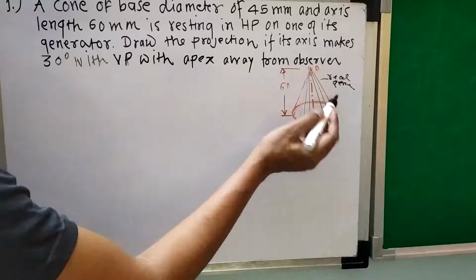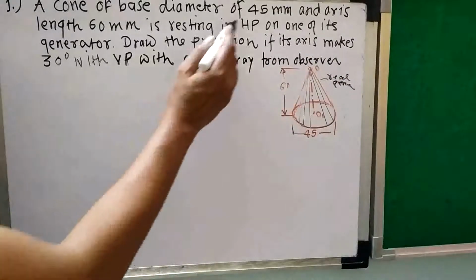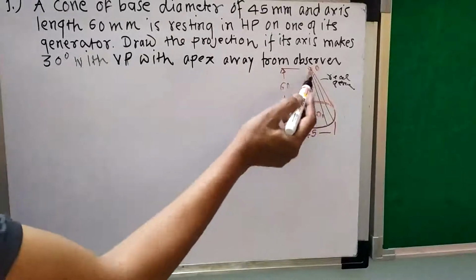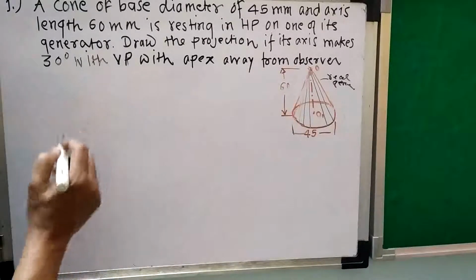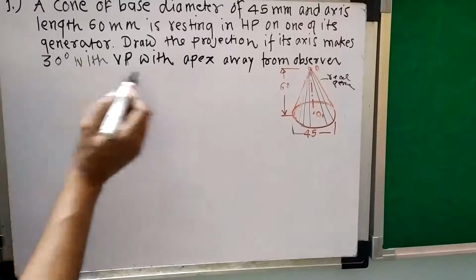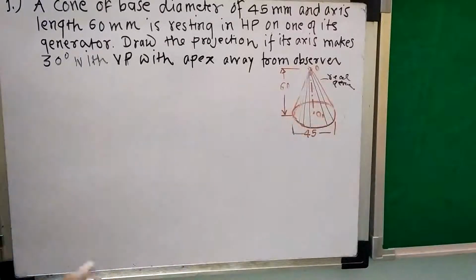So on this generator it is lying on the HP. Draw the projections if its axis makes 30 degrees with VP. So this is the axis, which makes 30 degrees with VP. The axis is making an inclination of 30 degrees with VP and this generator is on the HP. This means that the solid is